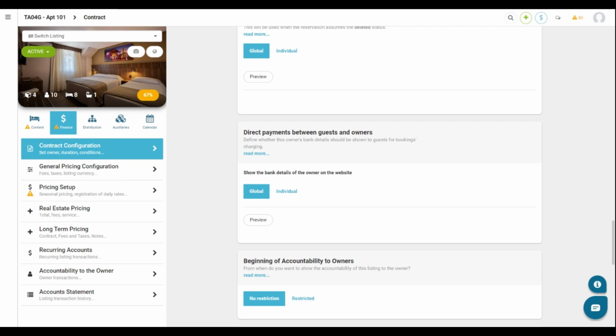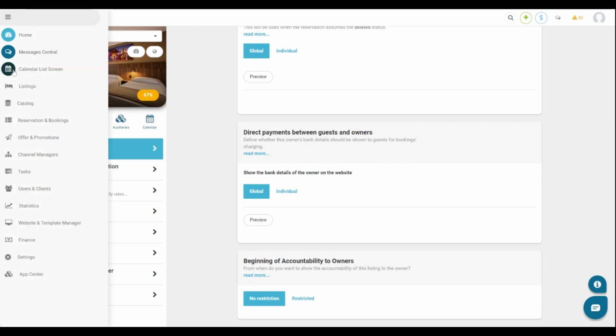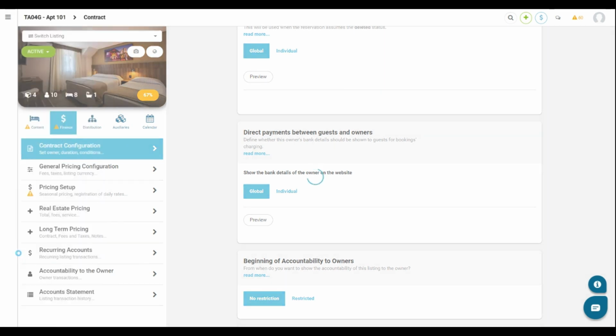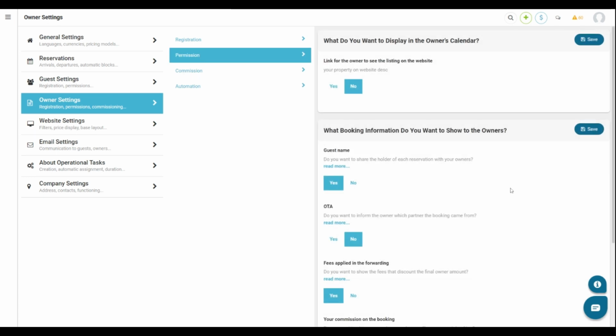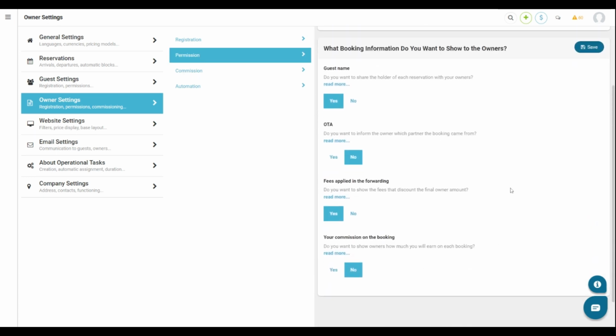After the individual configurations are done, you can also set the global permissions. That means that they will be valid to all of your owners. To do that, access settings, owner settings, permission, and what booking information do you want to show to the owners. On this part, you will be able to provide access to the owner by clicking Yes, and if you do not want to show the information,